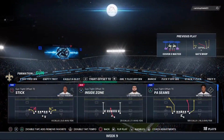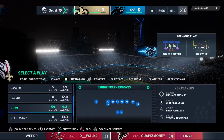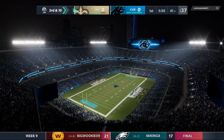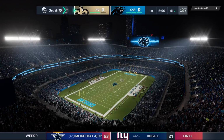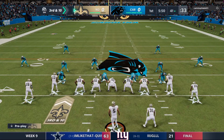Maybe they want some extra time to talk about this third and long play as we'll get a timeout. They'll have 2 remaining as we step aside here in this first quarter. So back-to-back incompletions, and that has them staring at a 3rd and